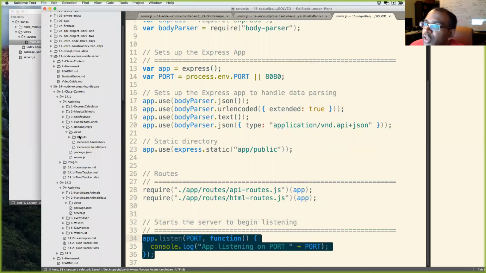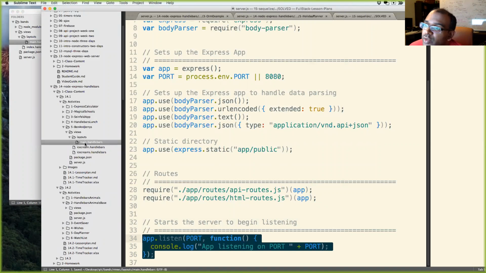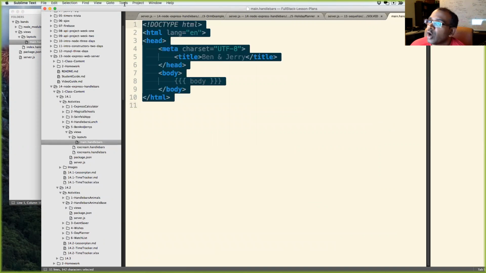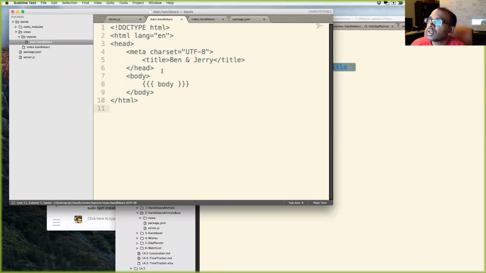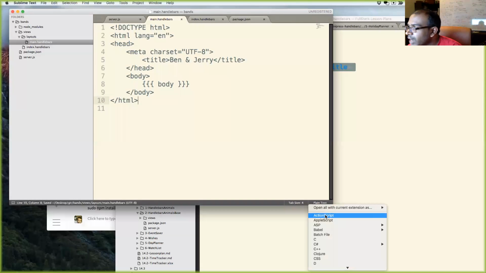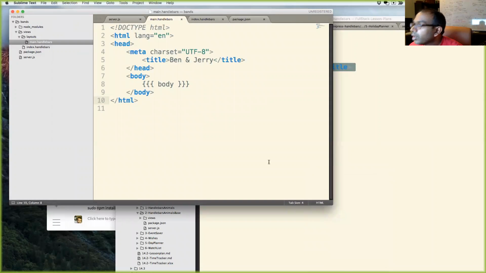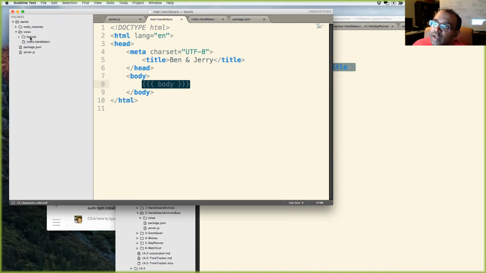Let's go over here and look at what we used for main.handlebars. So I will copy this over and I'll explain this in a hot second. The reason why we can't see anything is because it's set to plain text. And now what this is doing is it's saying, throw any handlebars file, right? I'm in the main.handlebars file of the layout folder.